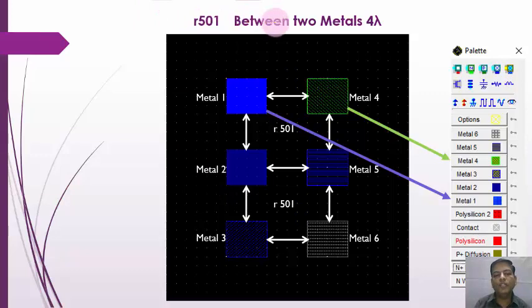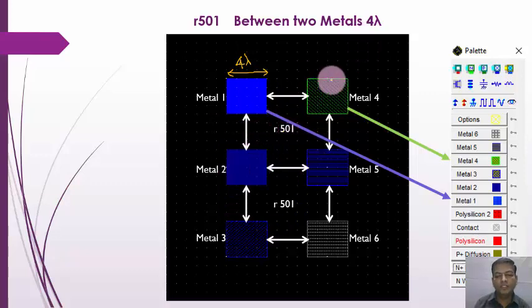Then R501, that is between two metals, 4 lambda is the distance. Here the distance should be 4 lambda. How is it calculated? 1 lambda, 2 lambda, 3 lambda and total 4 lambda. And between two metals again the distance should be 4 lambda.